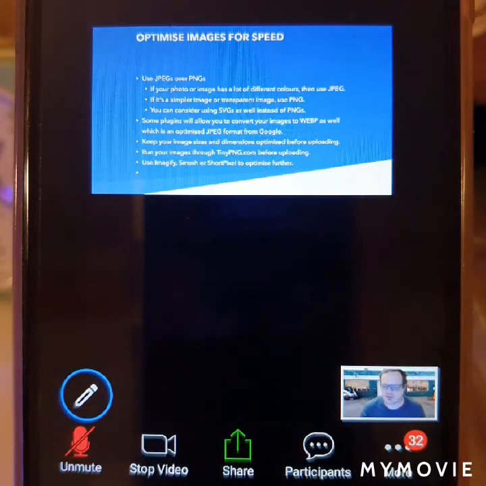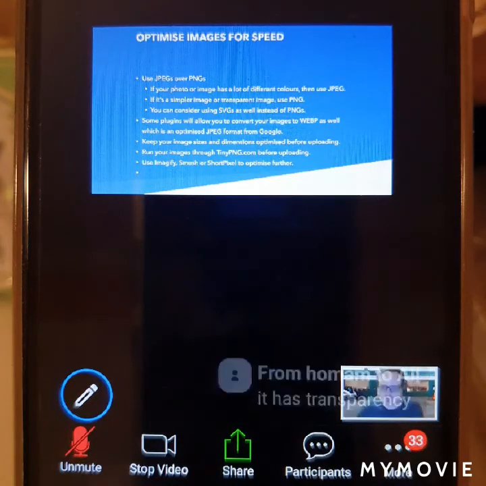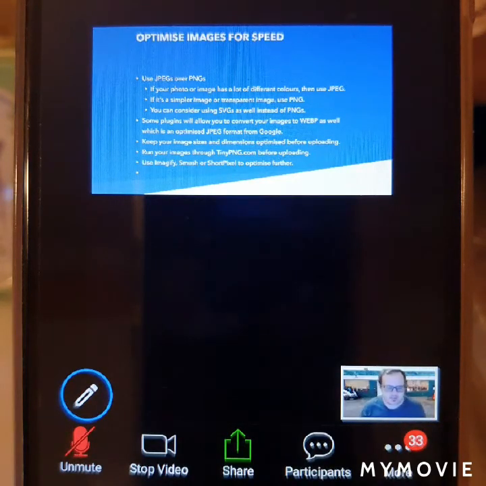And if you're using something like Imagify, Smush, or ShortPixel, it does have transparency. It'll generally create those, or even the LiteSpeed plugin as well will be able to create those WebP versions of the images for you, and